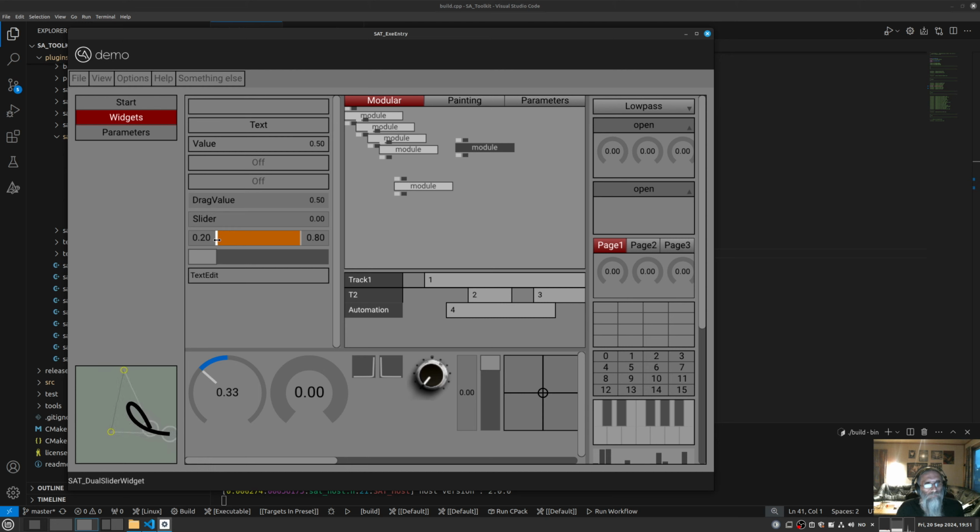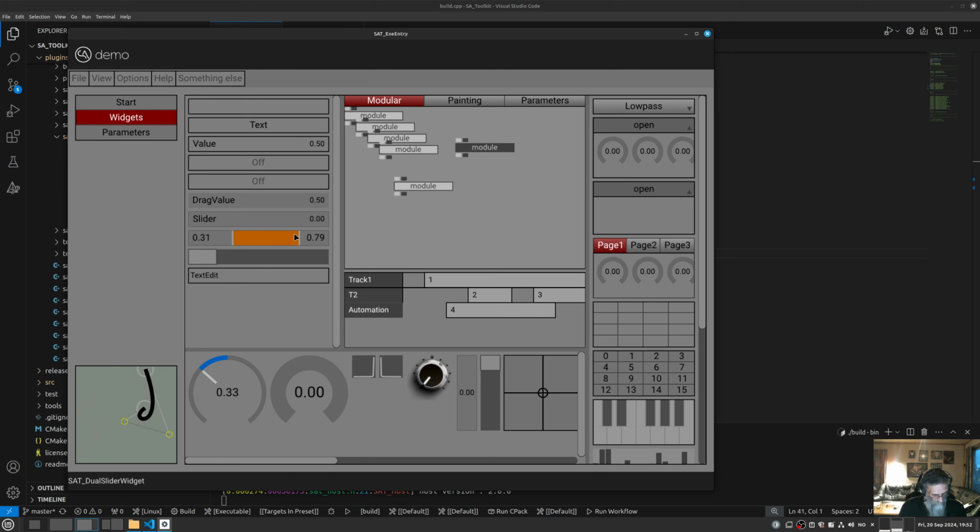I've been doing a little bit more with this dual slider because I needed it for the sabotage plugin. Since this is meant to represent a range, a minimum to maximum value, it was kind of stupid if this could cross so that the max value was less than the minimum value. So I added that it stops when you crash into the other widget. You can't go past it